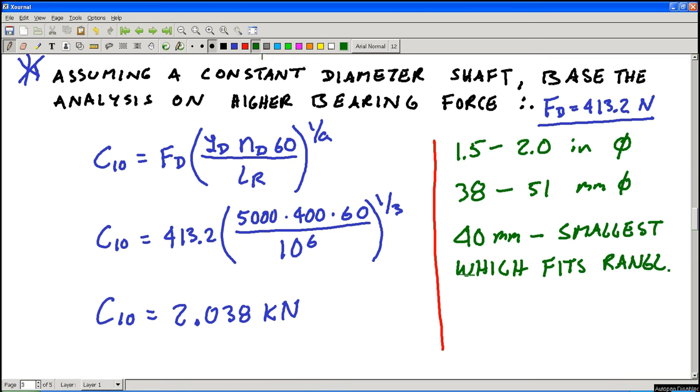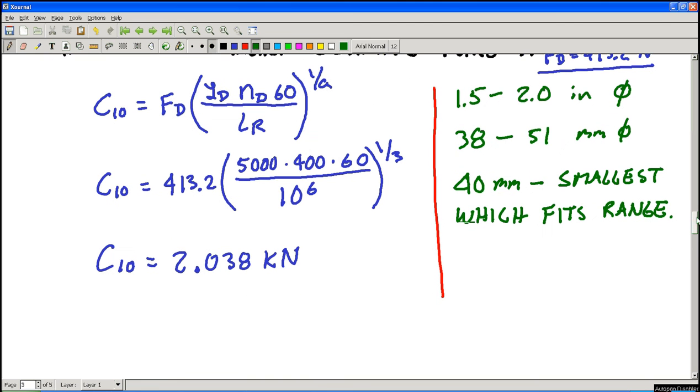Relative to the problem statement, that is essentially what is being asked: what bearing in that table range will work for this range of shaft sizes. That makes the most sense. Minimizing the shaft will reduce material costs, so going with the smallest bearing possible from your family of bearings makes sense in this case. But since we've pulled that bearing, we can grab its C10 load, which is 30.7 kilonewtons,